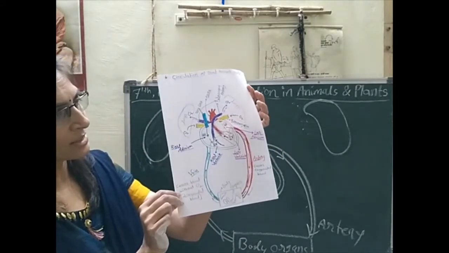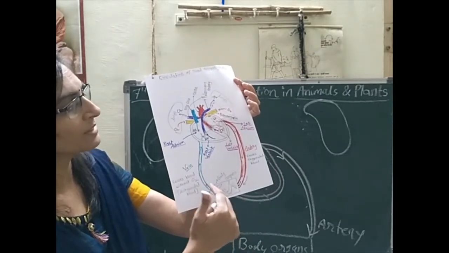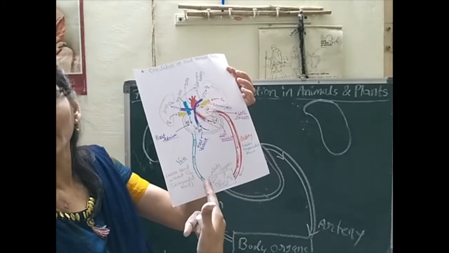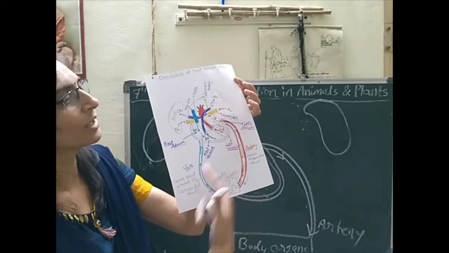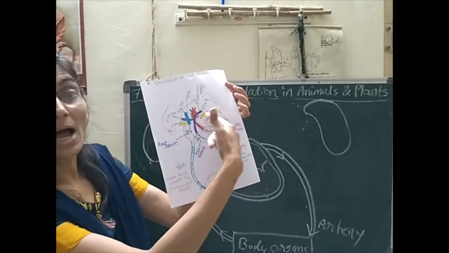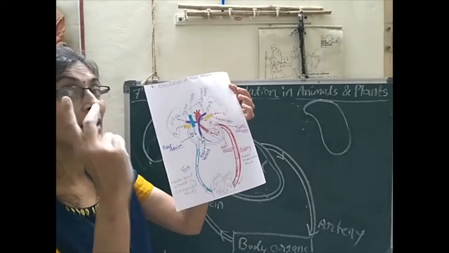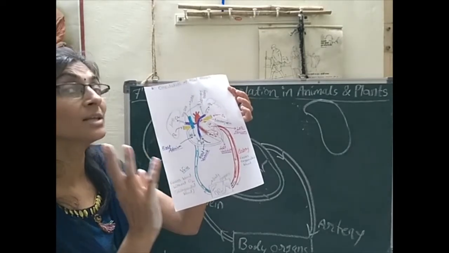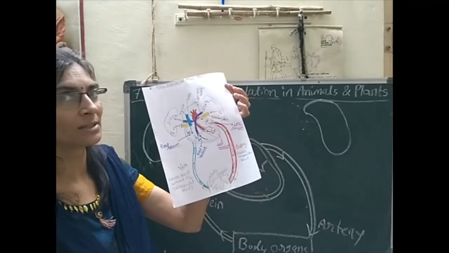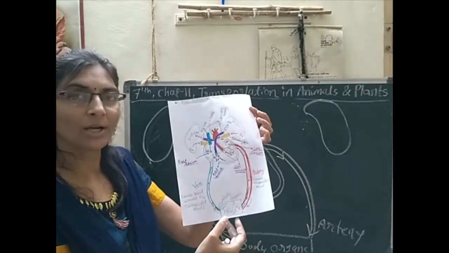In that circulatory system, we have discussed two types of blood vessel, that is, one is vein and another is artery. Vein is denoted by blue color and artery is denoted by red color here, and the blood circulates through the heart, so the heart is a very important organ for the circulatory system. And a third type of blood vessel we have also discussed, that is capillaries. Veins, arteries and capillaries, three types of blood vessels and the heart together make the circulatory system.